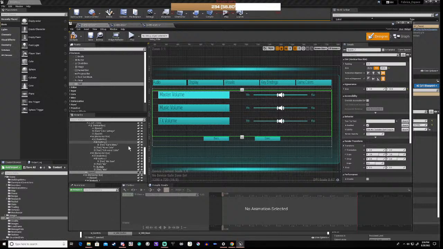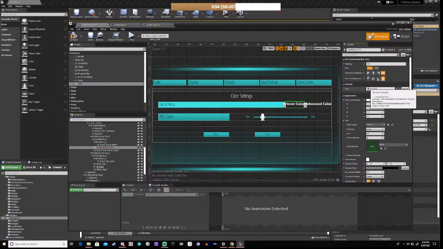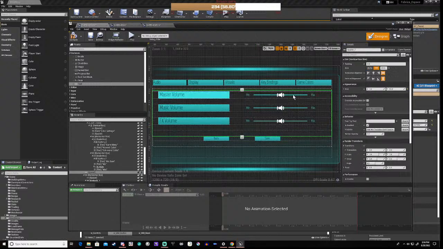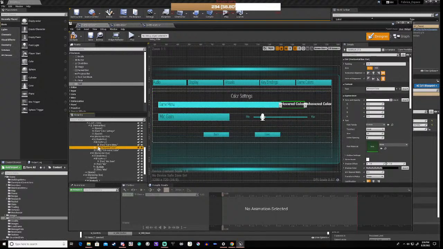So we're going to have hovered color and unhovered color, and that's quite hard to say. So that's hovered color, unhovered color, right? So we are going to need it so that our